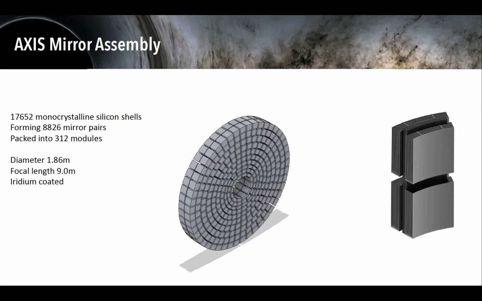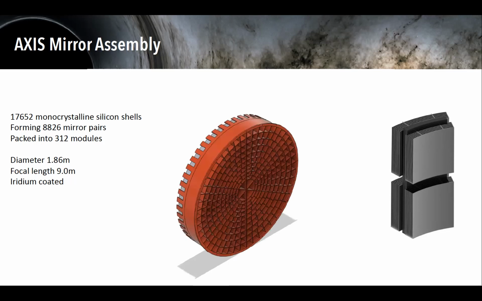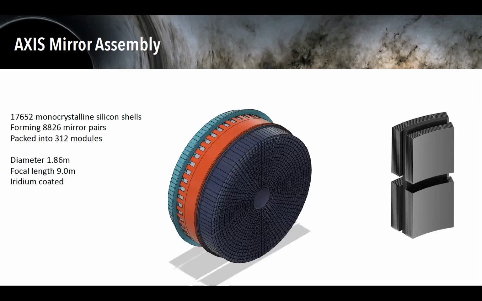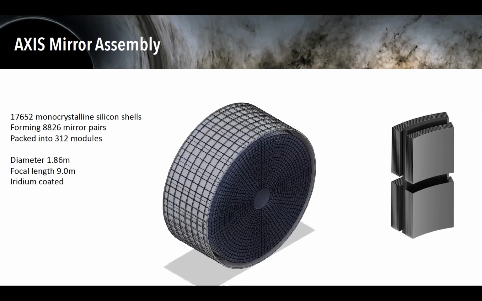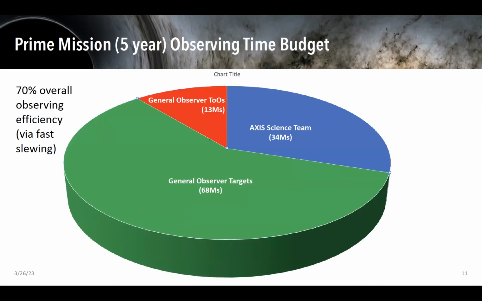This is then held into what we call the spider, which is the frame that holds this whole thing together. And then you pack that up with your necessary thermal pre and post collimators to keep the mirror nice and toasty and warm, and then put that in your nice silicon shell. And that's our mirror assembly. That's how we'll achieve that.